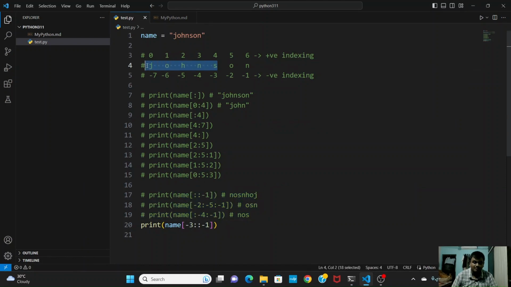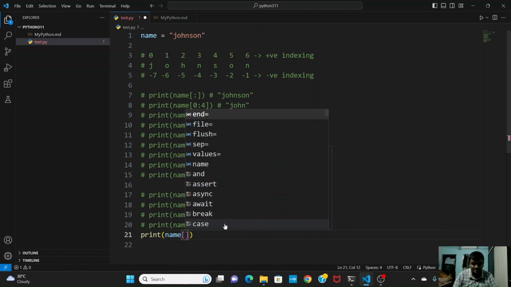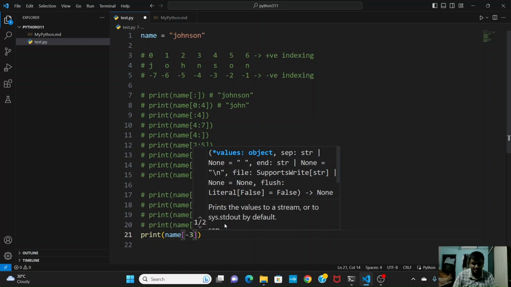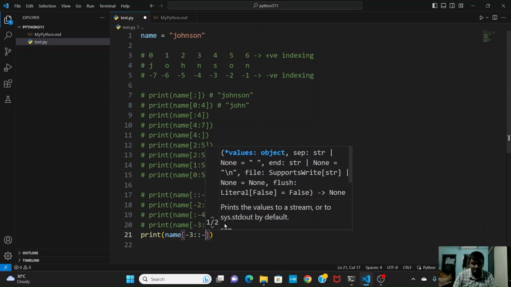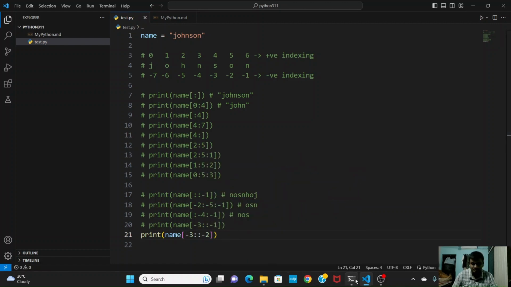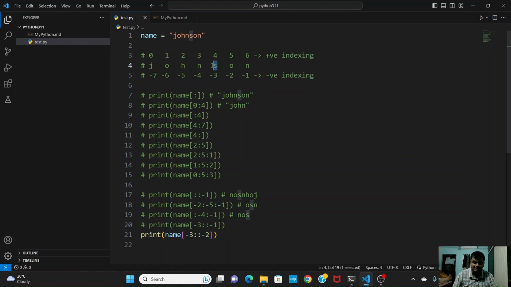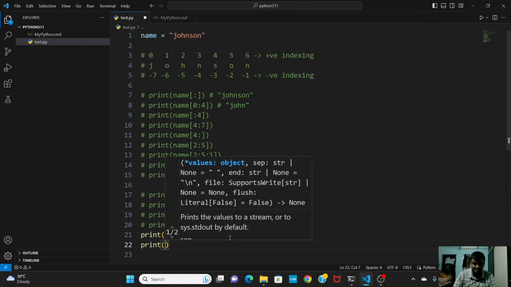From -3 up to the last element, like -7. If you print the same, but I'm giving the increment as -2 from -3, leaving the end value, but giving the step as -2, I'm getting SHJ. From here onwards, as I take one step, it takes H, and two steps, I'm getting J, like this. If you take three steps also,